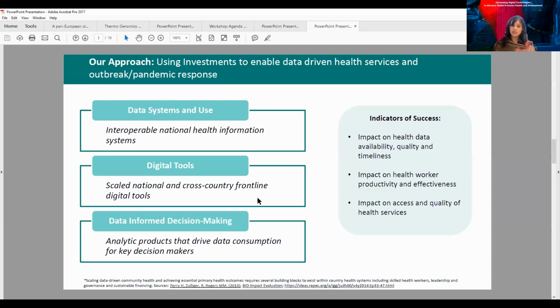And finally, what is the processing that's needed? We have the data, it's interoperable, yet to make it actionable, it needs to be processed and to address critical use cases and challenges that decision makers need to target, whether it is resource planning, response to disease outbreaks, or understanding the rationale for a surge in mortality and morbidity in a specific community, and what we need to do to address those. So that is where our approach leaned into.